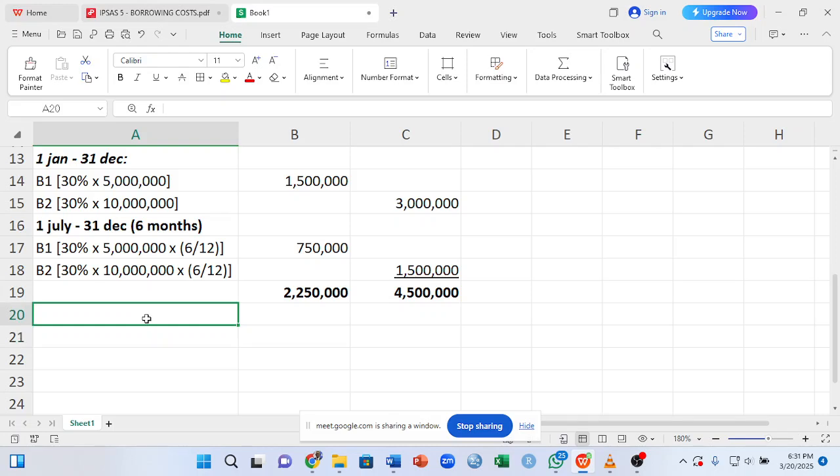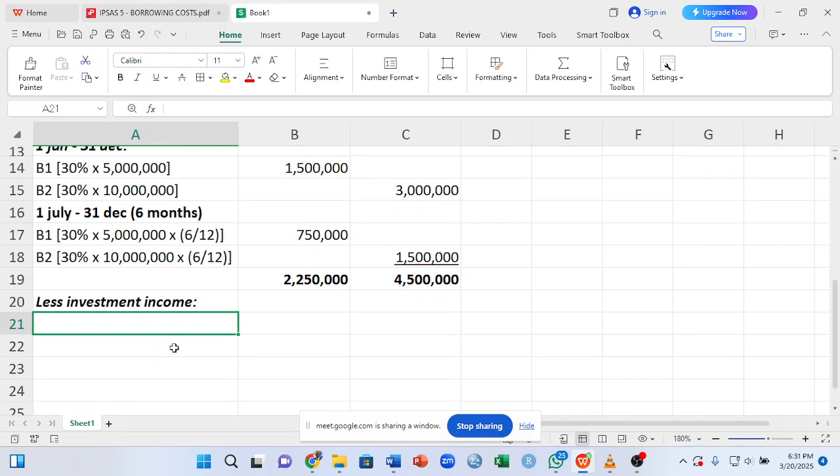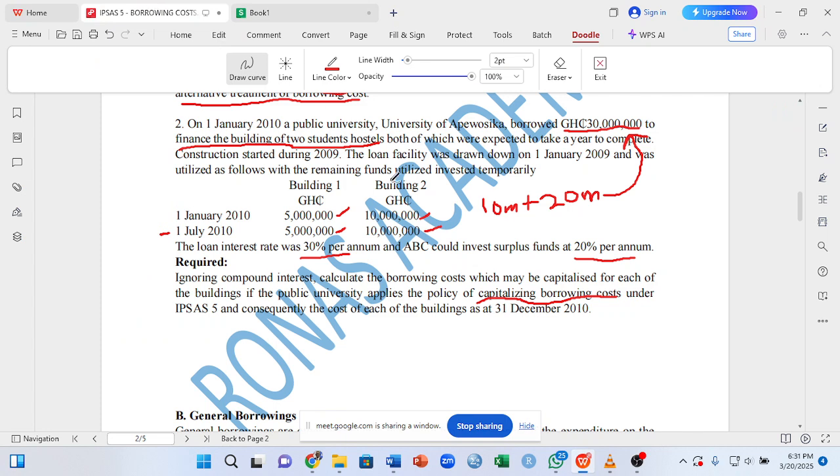Okay. Then we come to the interest income. So we less the investment income in this case. Investment income over here, we're given a percentage, 20%. Bear in mind, 20% is the surplus funds, so you invest only the surplus fund. We establish at the initial that's building 1. Total amount for building 1 is what? 10 million. But bear in mind, out of the 10 million, we only use 5 million on fair